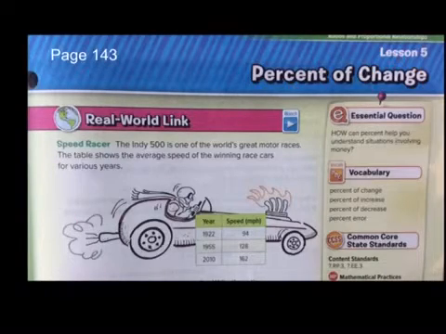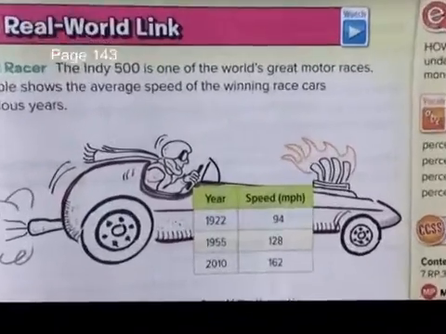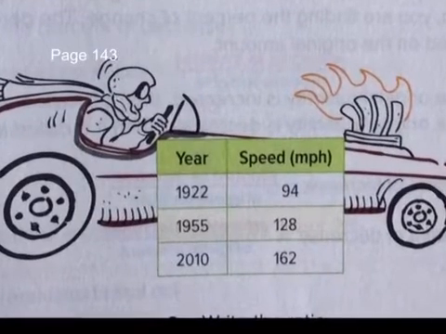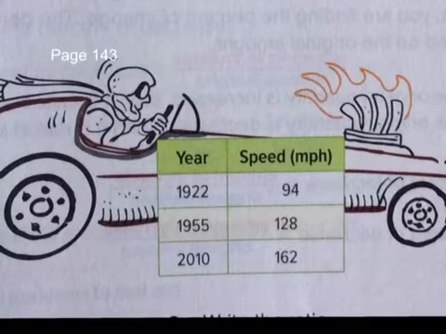How does this apply? The Indy 500 is a car race, boys and girls. It's a race where cars do 500 laps around a track. The Indy 500 is one of the world's great motor races. The table shows the average speed of the winning race cars for various years. So here we have a chart that keeps track of the speed of the cars that